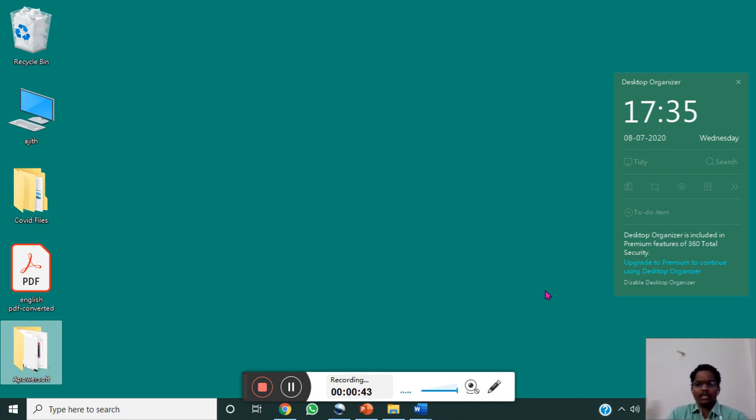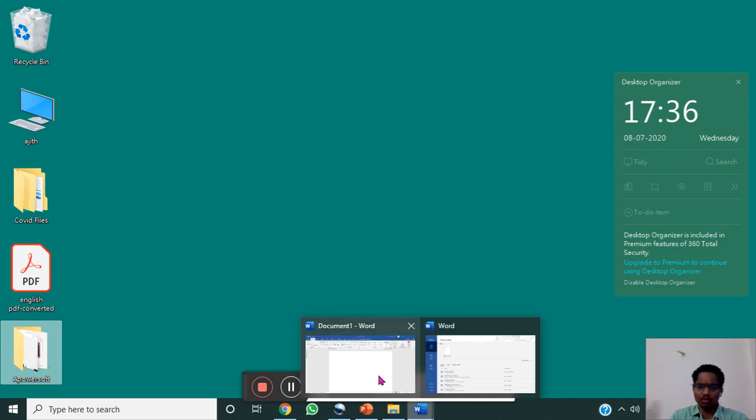So how will we develop e-text? For that you can use any word processor software. Microsoft Office is the most common word processor software. You can use Google Docs, OpenOffice and so on. Today I am going to demonstrate how you can develop e-text using Microsoft Word. For that I will open Microsoft Word.